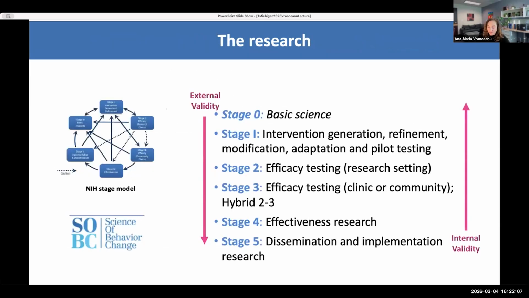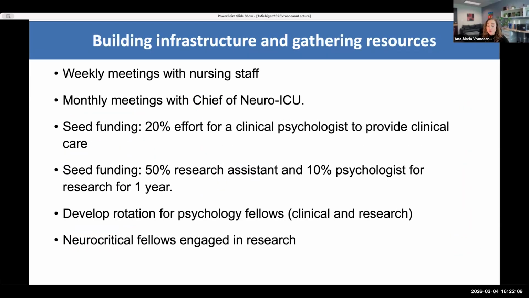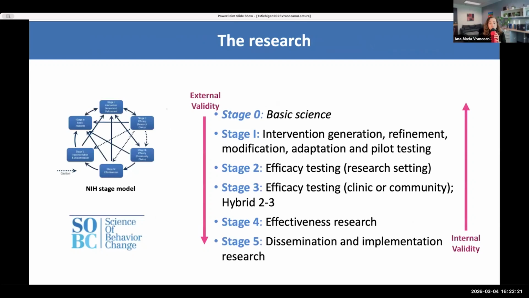Really from the beginning, we wanted to focus on combining clinical work, research, and training. And again, that was very attractive. We're at MGH, we're a teaching hospital, and that ended up working really well. So when we looked for any interventions that had some level of efficacy in this population, we were able to find